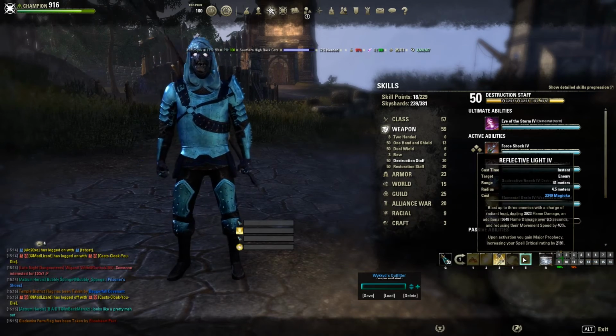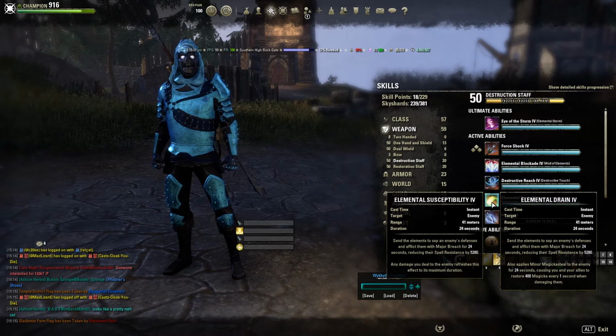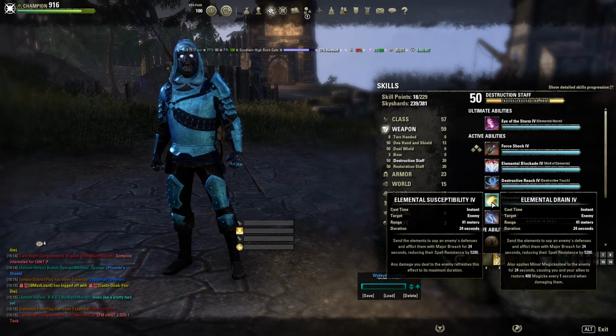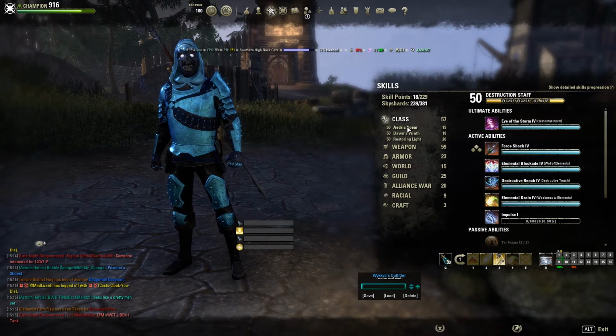So you just need to do a bit of damage. Just apply Reflective Light and you're going to get back every 1 second 400 Magicka. That is a lot. And the good thing is it reduces enemy spell resistance, which increases your damage done obviously, for 24 seconds. That is really awesome. Another skill you could consider using is